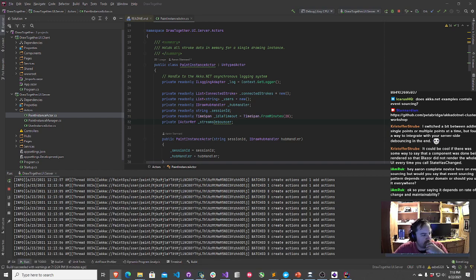So your next question, are you saying that it depends on your rate of change and maintainability? If you're fairly certain that your requirements aren't going to change much, then you could probably get away with not using event sourcing, and you can implement something that's cheaper and basically save on developer time that way. However, if you say, okay, I know my requirements are going to change, but I don't know how, and I don't know what sorts of things the business is going to ask me to do, then building in event sourcing from day one, in my opinion, preserves optionality better.